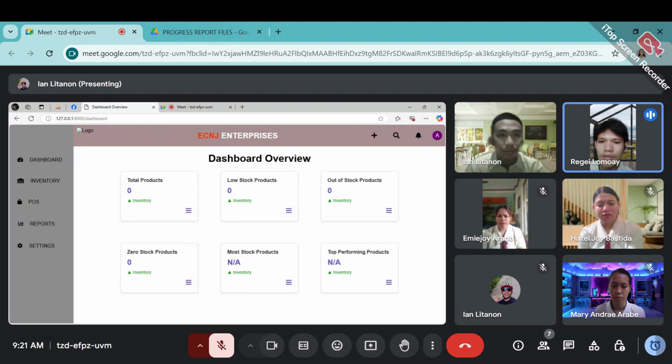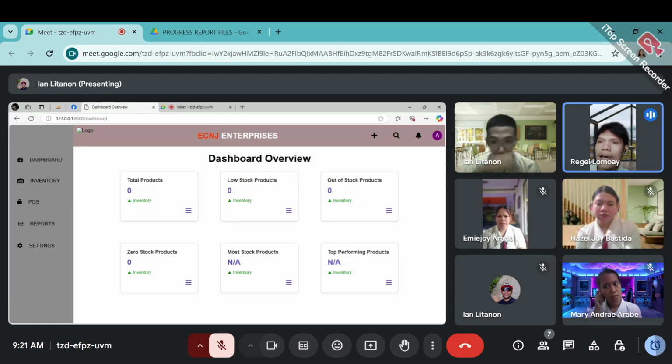dashboard overview. So in our dashboard overview, we can view the total products, low stock products, out of stock products, zero stock products, most stock products, and the top performing products.